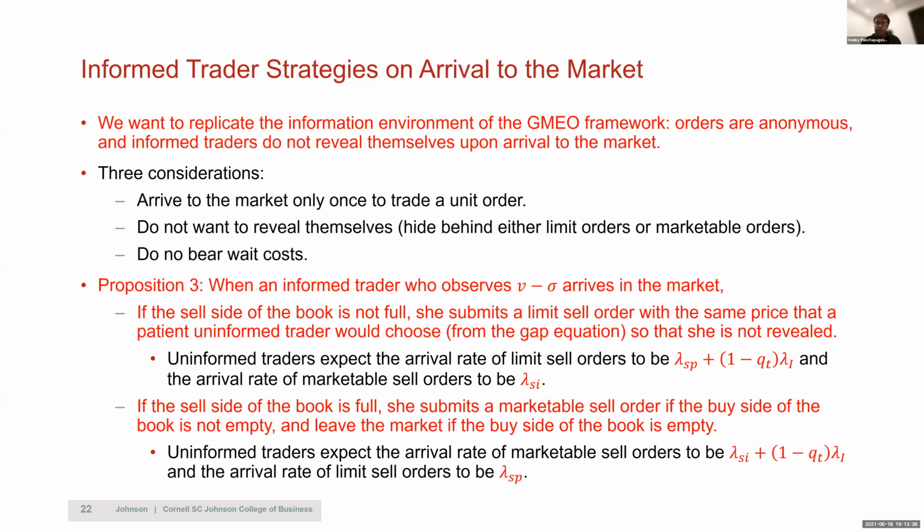Got it. So what will happen, it's not the same informed trader who will come back. But let's say I'm an informed trader and the sell side of the book is full, I'm going to submit a marketable order. Everybody expects informed traders, if they arrive, to submit a marketable sell order, as long as the sell side of the book continues to be full, because all I'm going to do with my marketable order is eat on the buy side. Only if suddenly a marketable buy order arrives and the sell side of the book is no longer full, now they would expect limit sell orders to carry information. Right? Got it. All right.